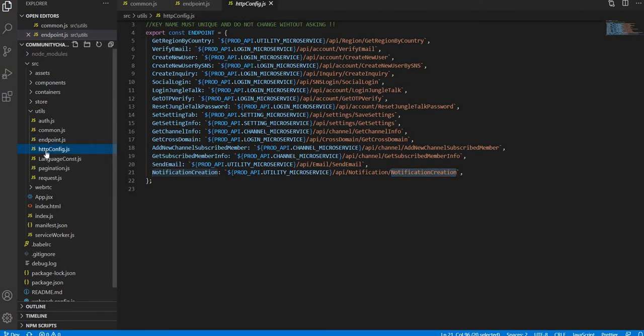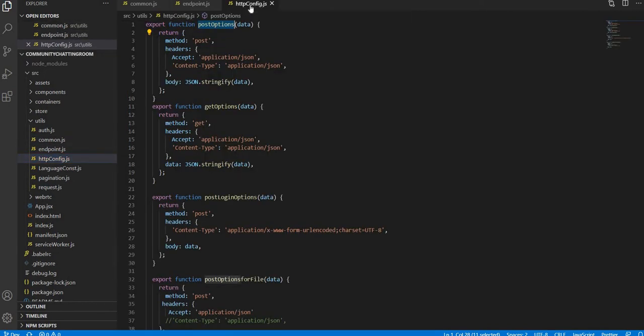Now we have the HTTP config. Now if you see, almost all the APIs have to send the header section, right? Either it is a get call or a post call. So what we have to do is just import this post call, or if it is a get call, then we import the get option, and we only have to send that parameter here, and the header section will be automatically maintained over here.